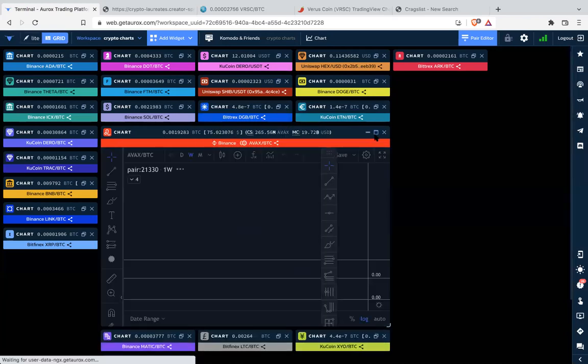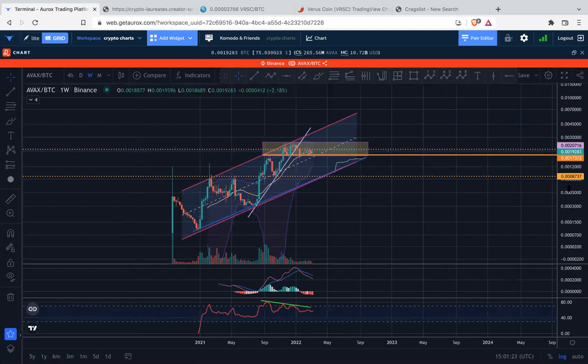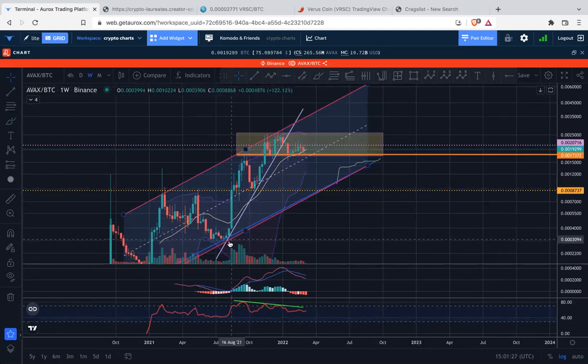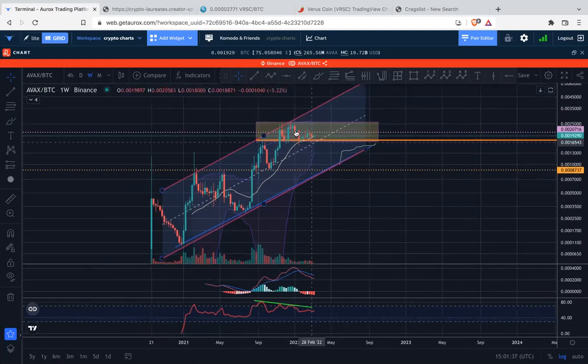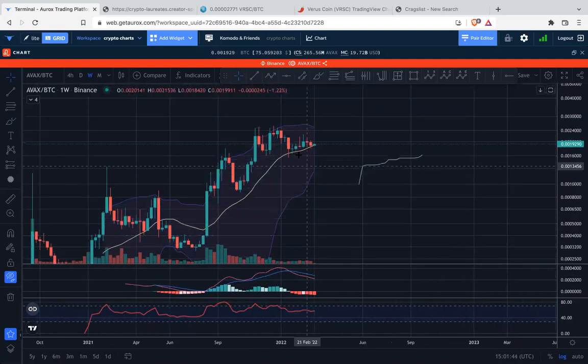We're going through AVAX next. Avalanche. One of the much stronger moves in price action. It did break below this uptrending line, and that's fine. But yeah, maybe it's going to be one of those BNB style where it does a sideways consolidation and then it's going to move higher. Currently, we are looking at a really strong support at this 20-week moving average. However, this is where we start to get danger,